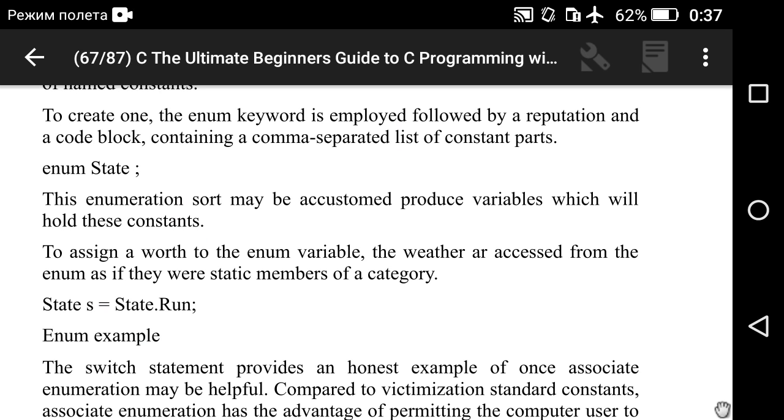This enumeration type may be used to create variables which can hold the constants. To assign values to the enum variable, they are accessed from the enum as if they were static members of a class. State s = State.Run.